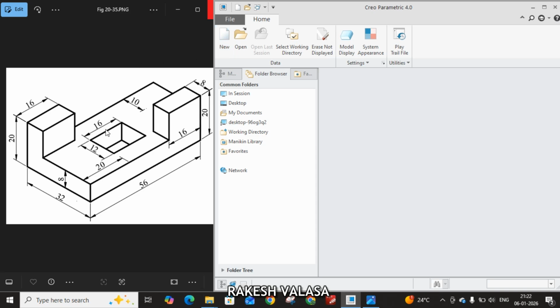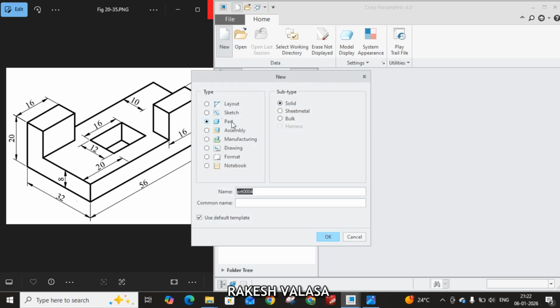In this tutorial, we are going to discuss how to draw the given part modeling in Creo Parametric software. First, open New Part Modeling window. Click on New and choose Part Type, and then give the name here